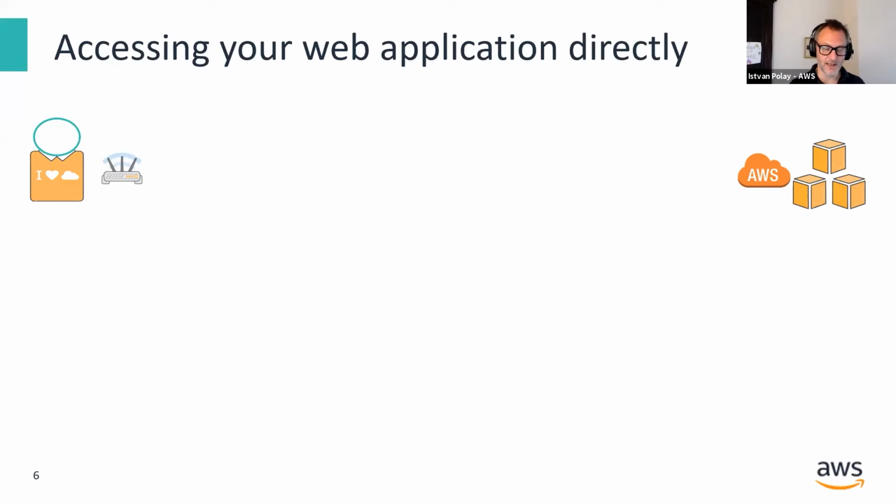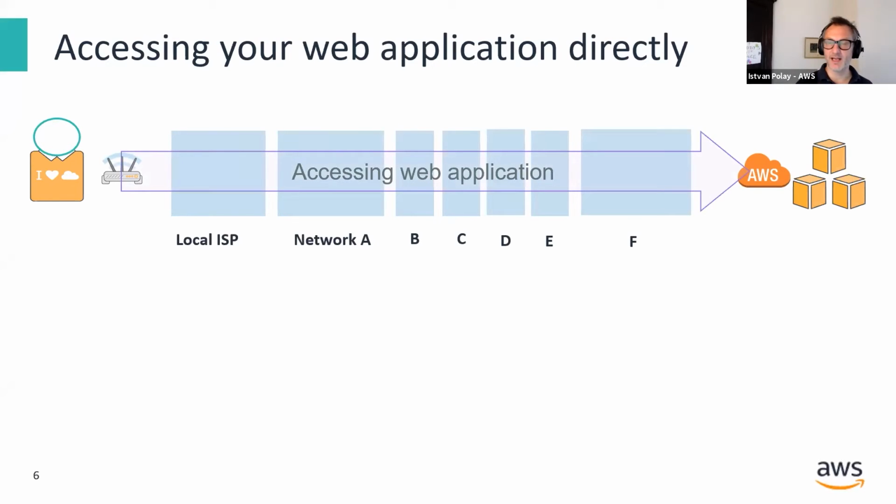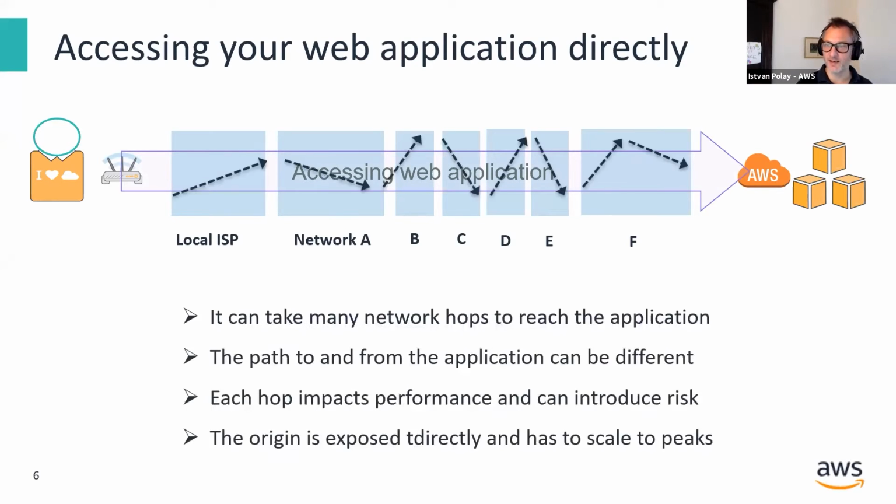and on the right-hand side, I indicated the content origin or the content application. Now, in this case, I indicated that this is in AWS, but it can be anywhere else. It can be on-prem, it can be in another DC. So you send in a request, right? And it goes through many, many different networks. We don't know how, BGP knows, or even they don't know, right? So it goes in, and the server will send back a response, and it can go through, again, a totally